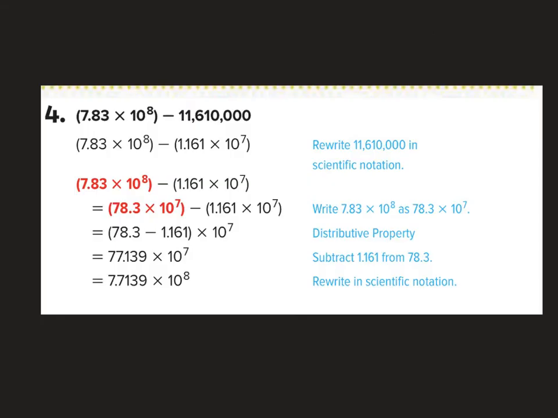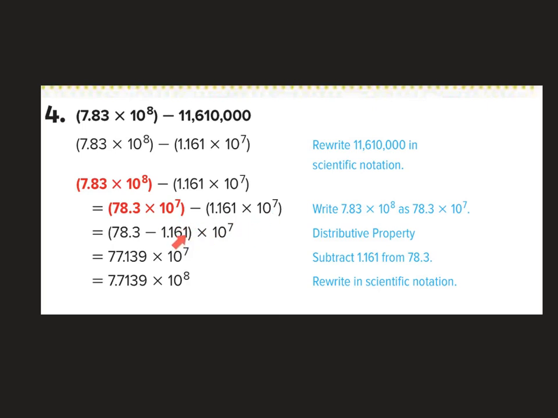So for problem 4, I've got a new scenario to look at. Here I'm subtracting a value written in scientific notation and a value in standard form. So the solution here is pretty easy. All I need to do is make sure that both values are in scientific form. So I can take 11,610,000, convert that to scientific notation, where it would be 1.161 times 10 to the 7th. Now since I have my powers of 10